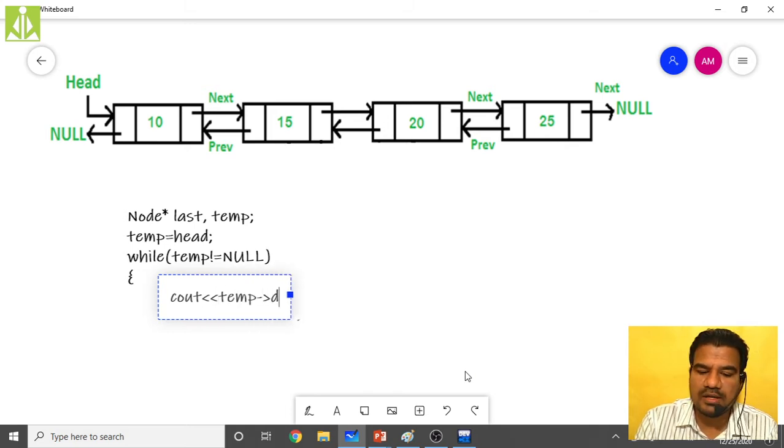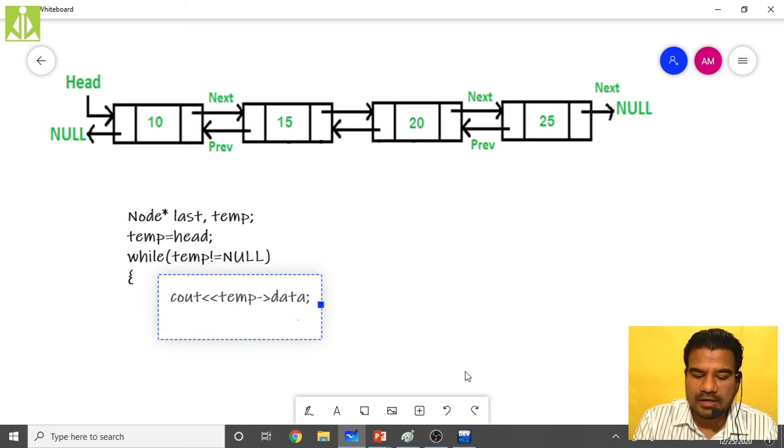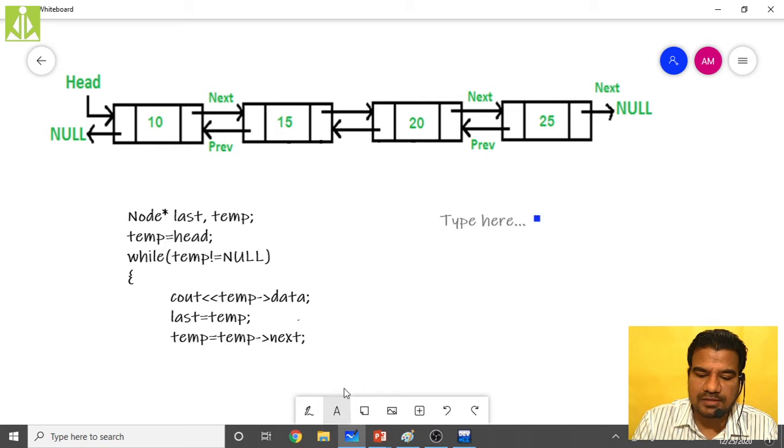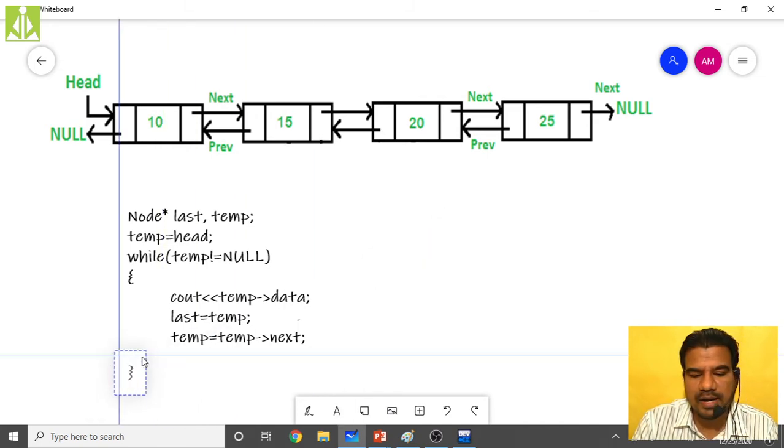This will print the data. And before making temp equals to temp of next, we have to take that last pointer and initialize it to temp. So now you see how things will go. Then close this bracket, putting the closing bracket over here.